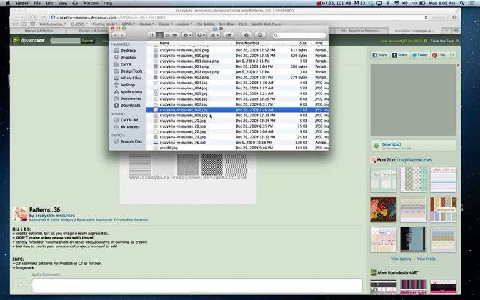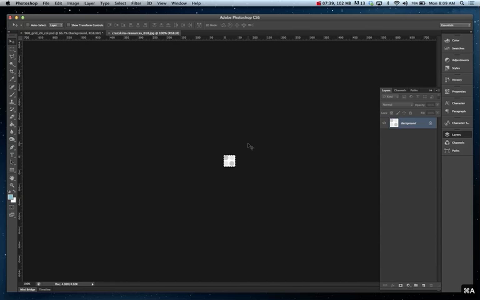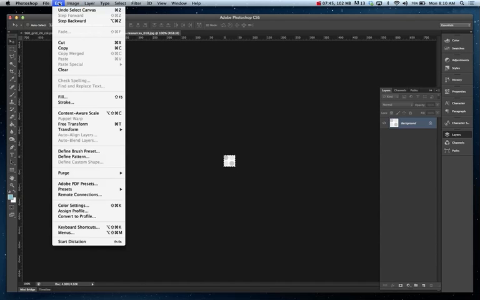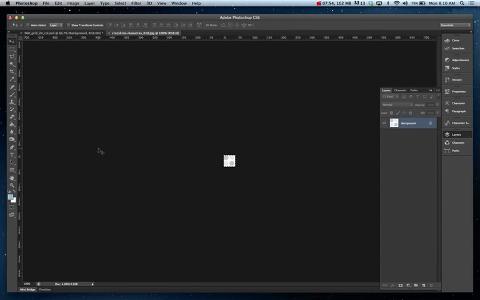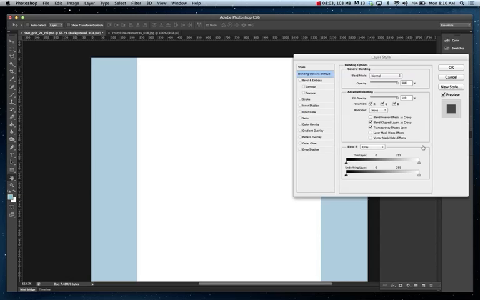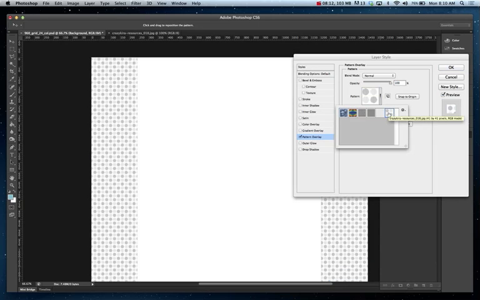So what I'm going to do is open this up in Photoshop, and select it all. So I'm going to go to Select All, and then go to Edit, Define Pattern. And I'm going to call this polka dots. Great. Now I can go back here, and on my background layer, I can add a layer style that is the pattern. So I'm going to click on Pattern Overlay. And now that polka dot pattern that I just defined should show up in my